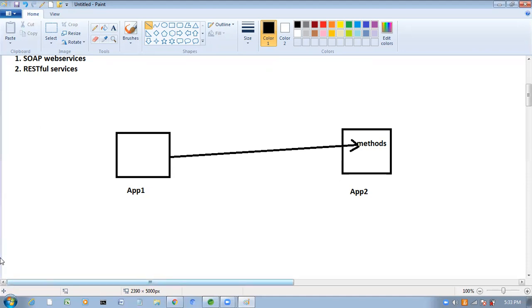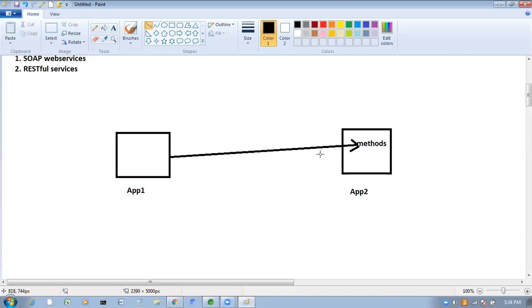If application 1 wants to access the methods which are available in application 2, this application 1 should compulsorily know the details of application 2, then only it can access.